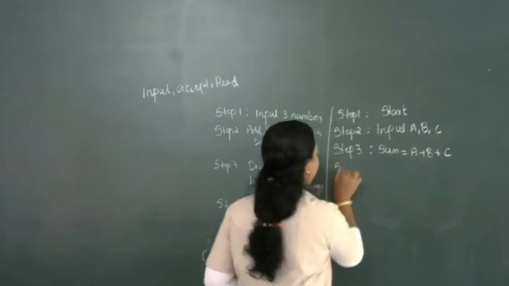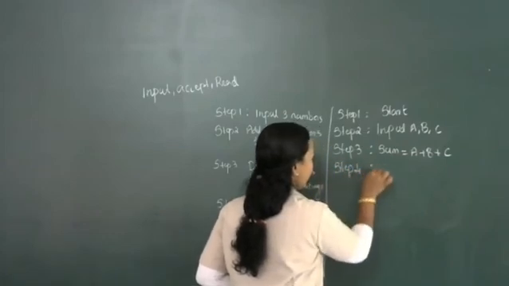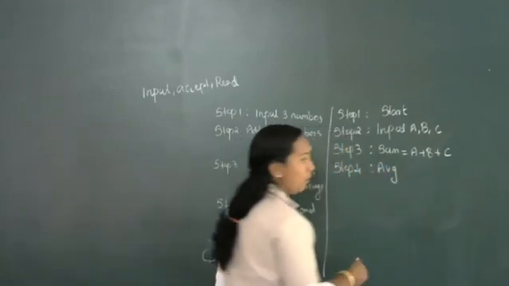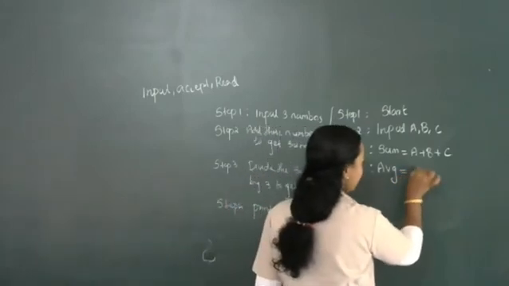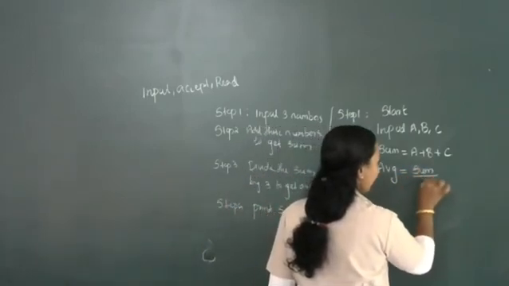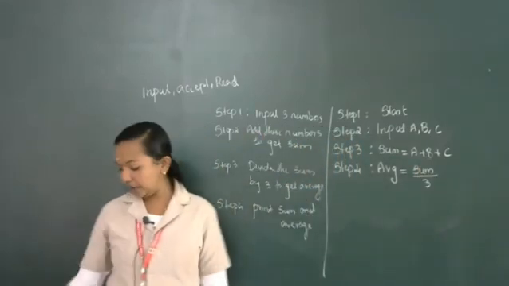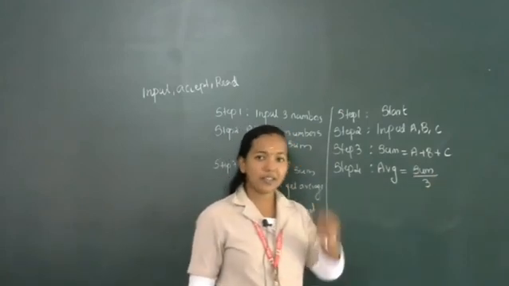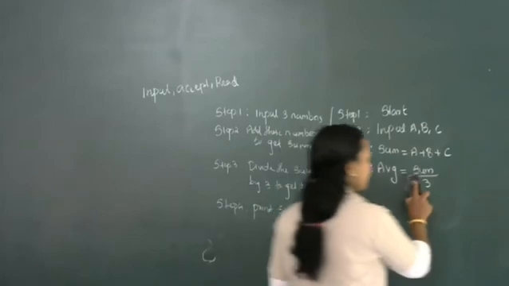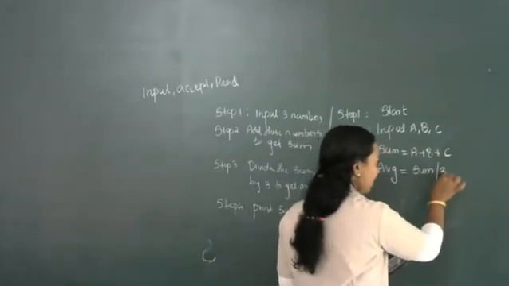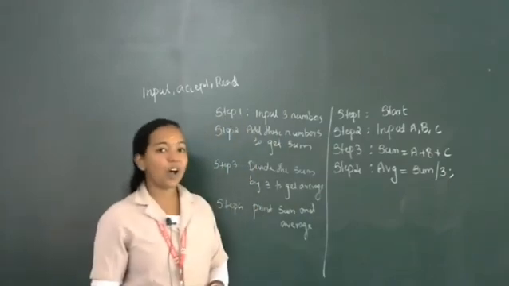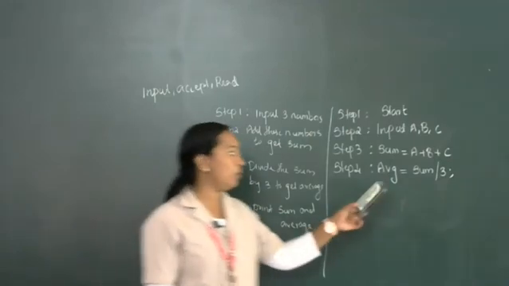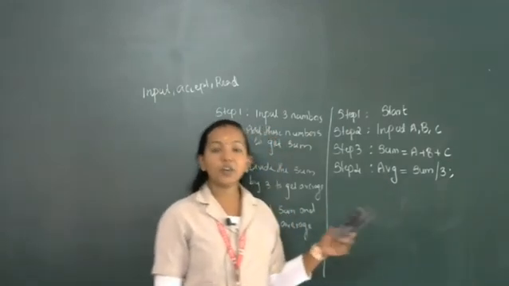Then, after finding the sum, what will be the next step? You want to find the average. So, to find the average, again I am using one more variable. What is the variable name? AVG. AVG equal to sum by 3. You know, on the keyboard there is a slash present, so how are we representing division? For representing division, instead of that we are using the term sum by 3. So after executing the statement AVG equal to sum by 3, we will get the average value into the variable AVG.